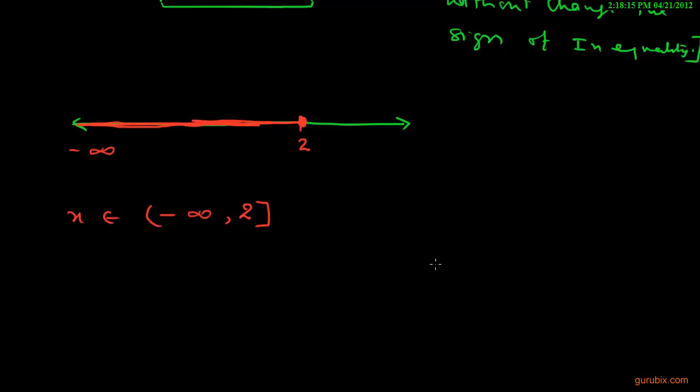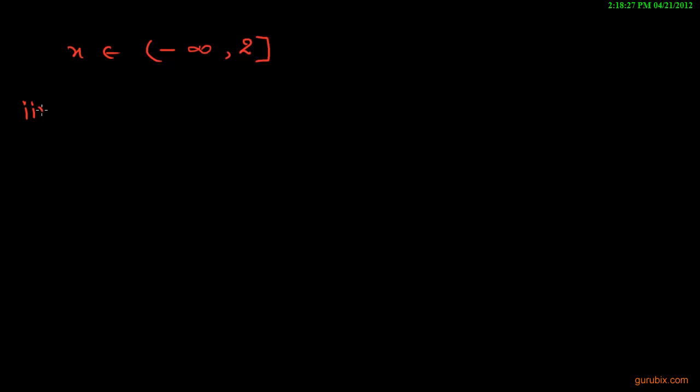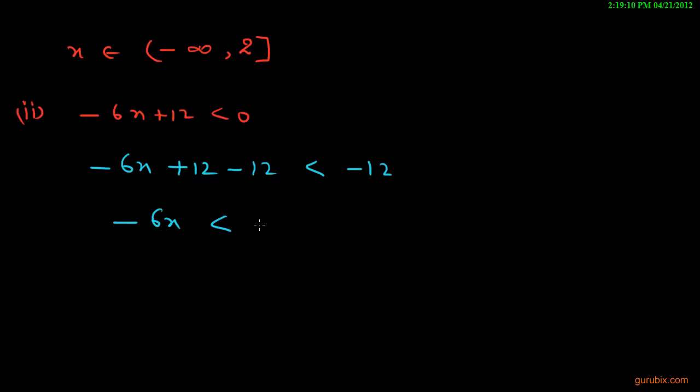So this is the solution of part 1, and now we can solve the second part. In the second part we are given the inequation 6x plus 12 less than 0. Same as here, we can subtract the same number from both sides of this inequation. Then it will be 6x plus 12 minus 12 less than negative 12. We can subtract the same number from both sides without changing the sign of inequality. Then it will be 6x less than